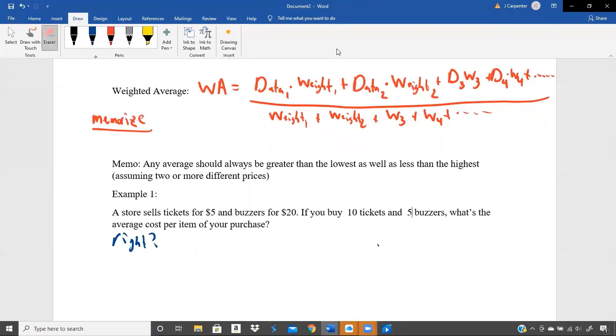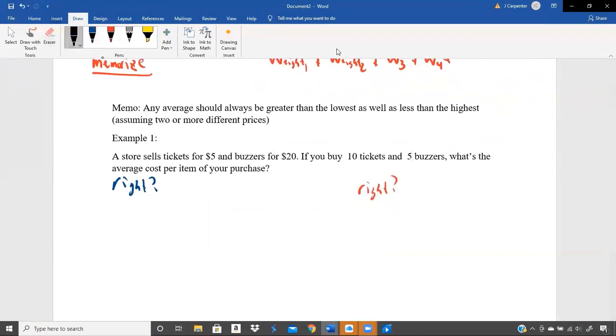Actually, I want to do that one in red. All right, so for the left version, we're going to call the weight. What are the two different things? We have the number of items purchased, which are the 10 and the 5, and we have the costs, which are 5 and 20. So let's say for this blue one, and I'm not using blue for right or wrong